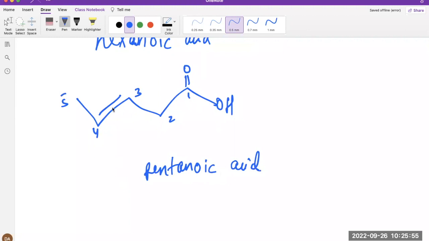Okay. Now, of course, since we have a double bond, we need to tell that we have a double bond. Now, how do you tell there's a double bond? So calling this pentane with an AN is going to be wrong. Okay. So we need to go back and change pentane to pentene. Okay, so this will tell me that we have a double bond. So pentenoic acid. Now again, the problem is this does not tell me whether a double bond is sitting between the second and third carbon, or the third or fourth, or fourth or fifth. So we have to number this as well. So you have to just tell the number for the double bond, and this 3 will belong to this ene. So 3-pentenoic acid, and that will be the answer. Okay.